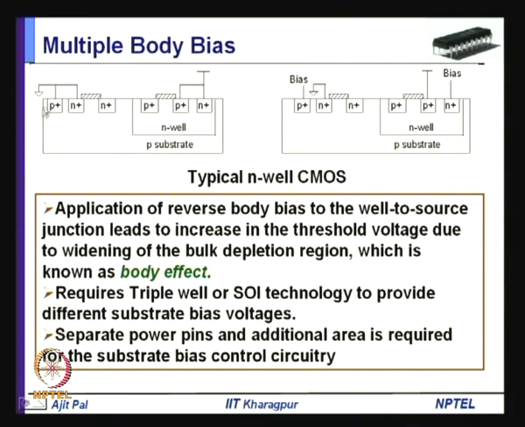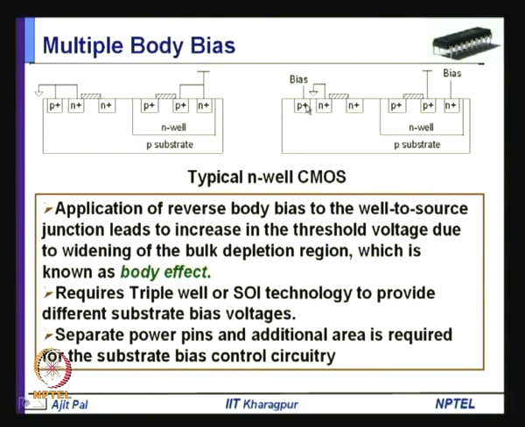What can be done? This P plus, or the substrate, can be separated from the source, as you can see, and here also this N well can be separated and you can take it out as a separate terminal. Then you can apply different voltages with respect to the source. For example, you can apply a different voltage to this substrate with respect to the source, and